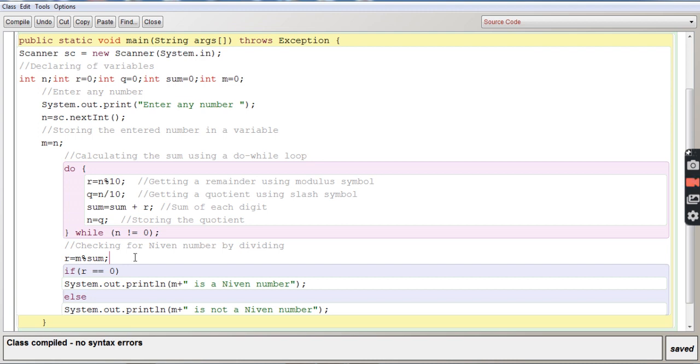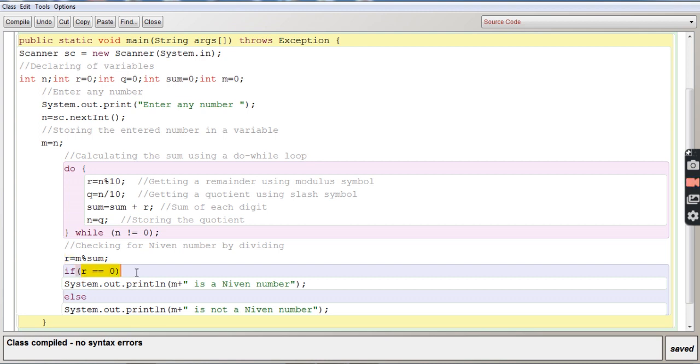So this kind of number are called even number. So I will check R is remainder. Quotient is 14 because this is the modulus symbol you use. So when you are dividing 126 by the sum, you got remainder as 0. And quotient as 14, clearly divisible. So that R is 0 because it's clearly divisible. So if R is equal to equal to 0,